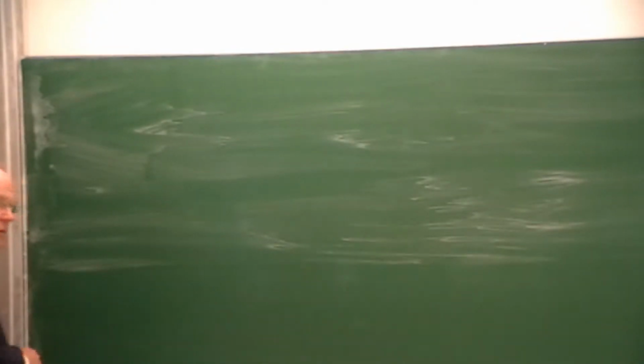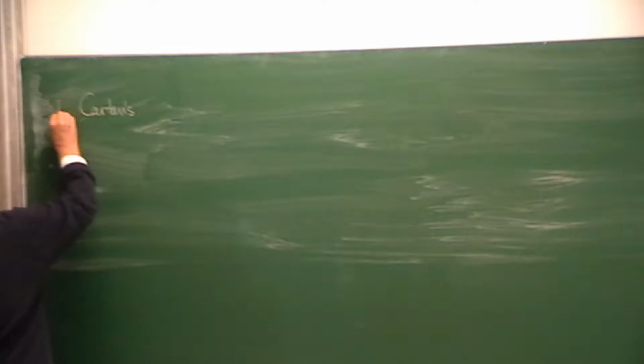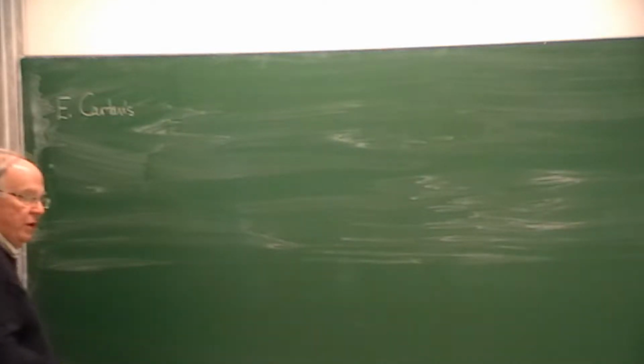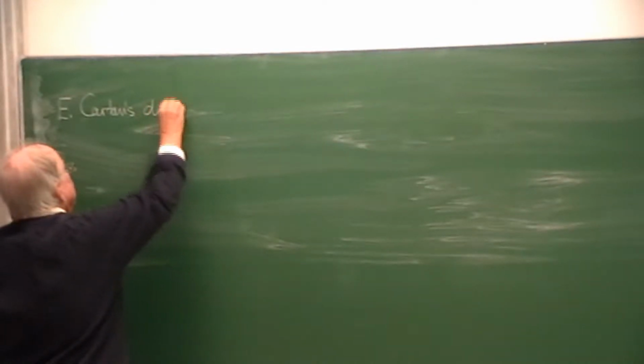I would like to complete the course by first explaining what I call Cartan's dichotomy. And let me emphasize, this is the father Cartan. And the son Cartan is also not very important in many areas of mathematics. So the son is called Henri Cartan, the father is called Cartan. His dichotomy